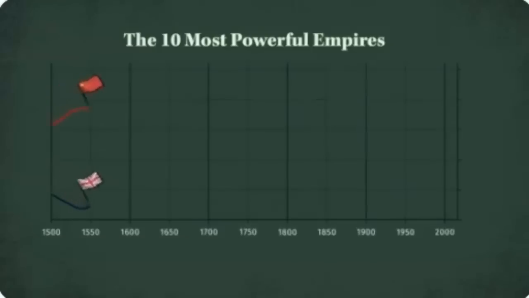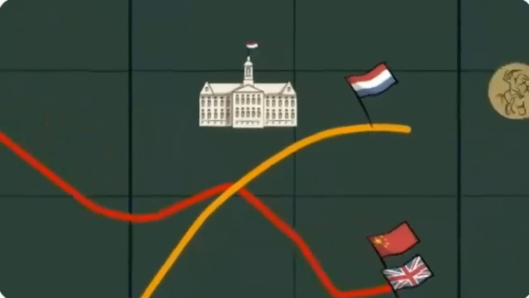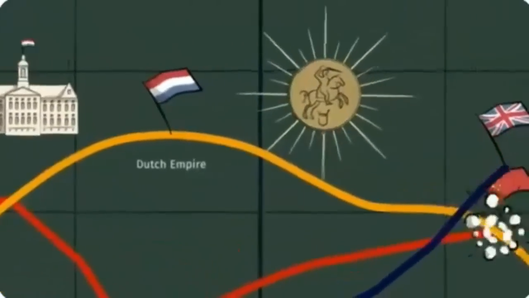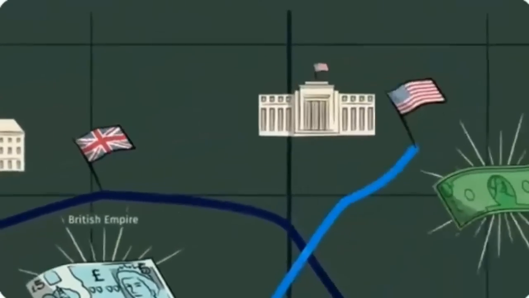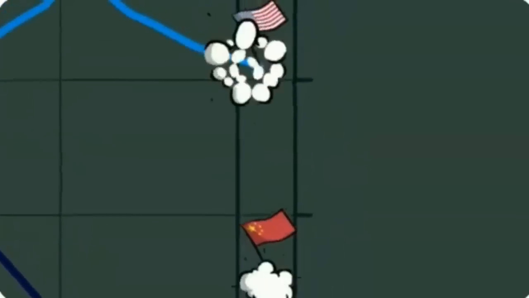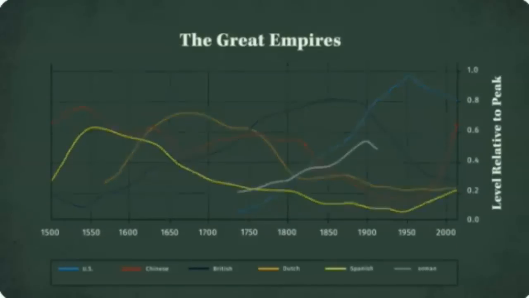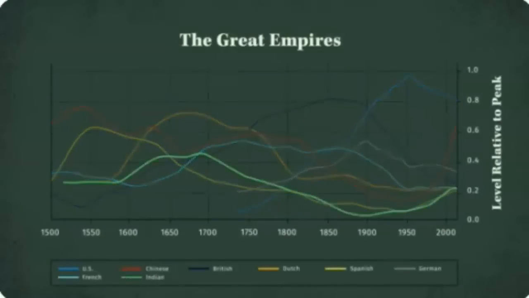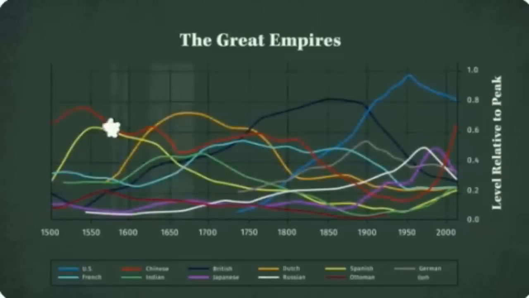Last 500 years, and the last three reserve currencies, it took me through the rise and decline of the Dutch Empire and the guilder, the British Empire and the pound, the rise and early decline of the United States Empire and the dollar, and the decline and rise of the Chinese Empire and its currencies, as well as the rise and decline of the Spanish, German, French, Indian, Japanese, Russian, and Ottoman empires, along with their significant conflicts, as measured